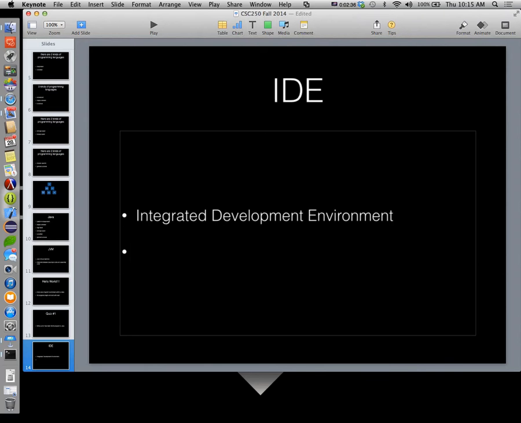Integrated development environment. Somebody want to get the front lights, the second to the top button? Thank you. See, I was actually talking to my wife last night, and we decided it was good that we don't have school on Monday. It was Labor Day, because when students come back to school, you guys bring all these diseases from summer break, and the faculty all get sick the first week.